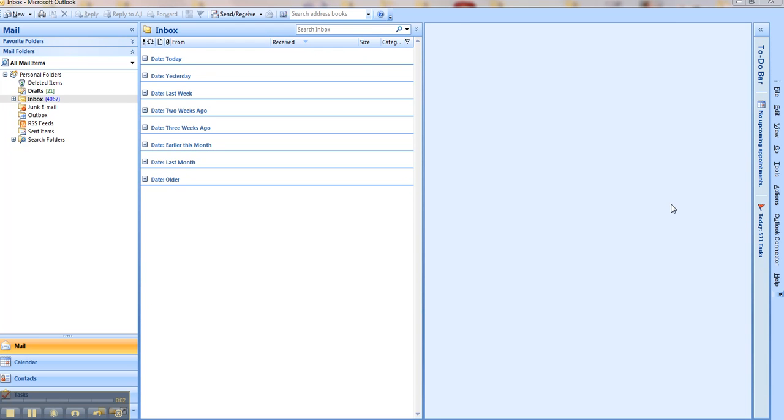Adding the email address into Outlook. So the email address has been created to be attached to the domain name. It's been created at the hosting account as email@domainname.com, and when that was created there was a password entered, so we're using that email and password to add